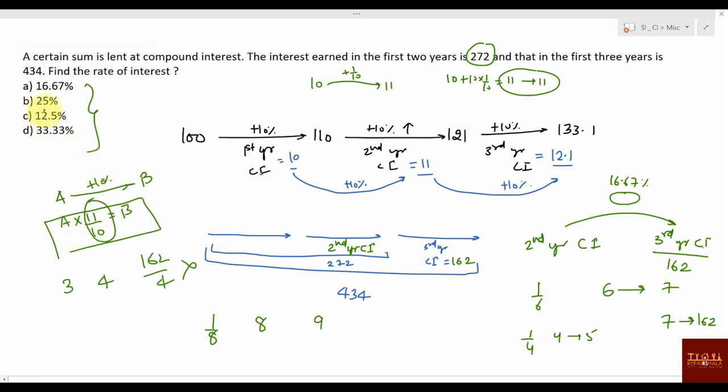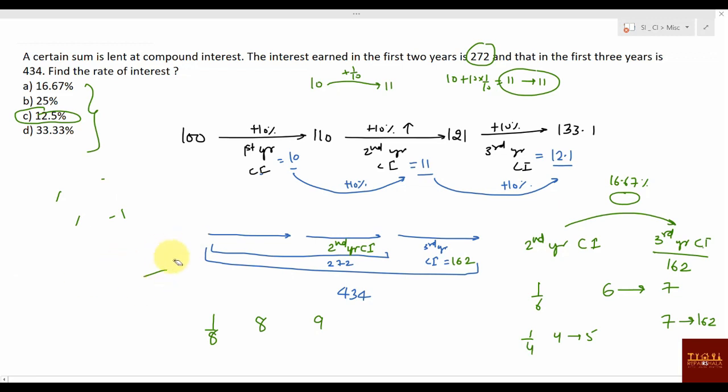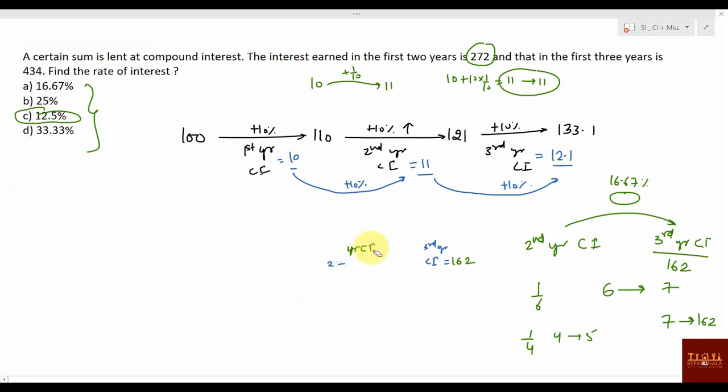Now only one probable answer is there, that is C, right? But still we are not sure whether it is the correct answer or not. We are just using our logical knowledge of divisibility, right? Let's check. So how can we check? Understand what I'm going to do. I'm just writing some parts, understand that part.